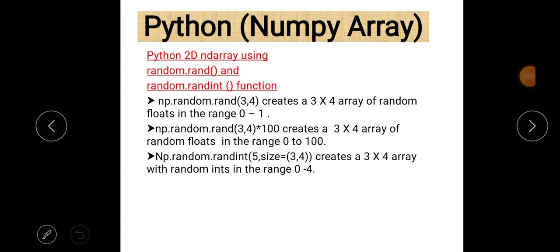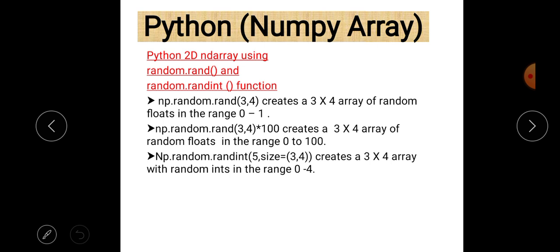And next is random.rand and random.randint. Let us take it one by one. First of all, let us talk about the random.rand function. When you want to create random values between 0 and 1, then you have to use the random.rand function.